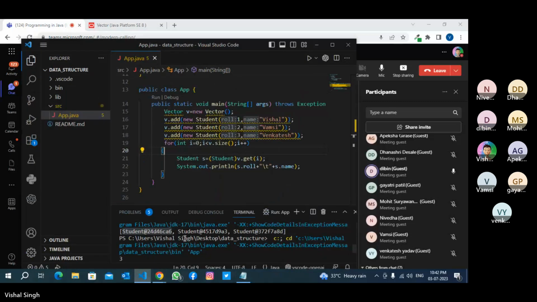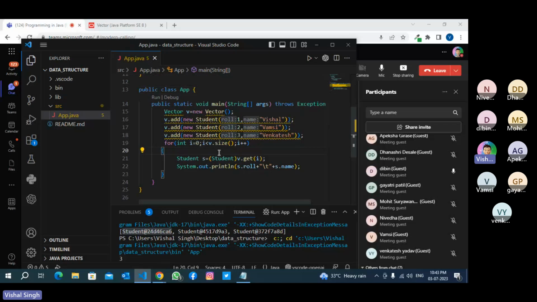Vishal, just one doubt. Tell me. Get right to student class. So if it is a string or something, again for that also we do this typecasting? Yeah. See, suppose we want to restrict this specific vector to store only string value or only int value. What we have to do?